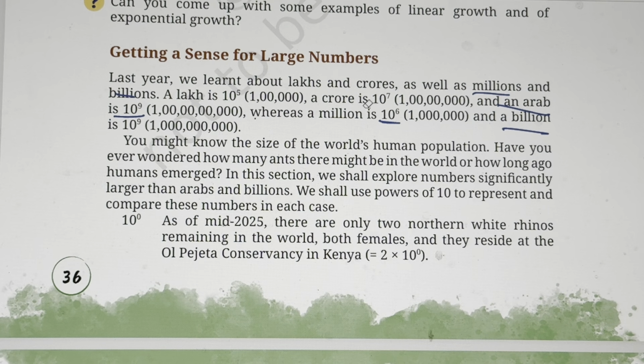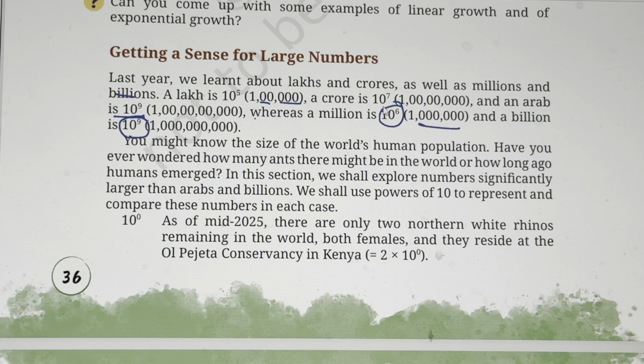But observe the commas. In the Indian system, the commas come after 3, 2, 2 digits if we start from the right side: before 3 digits, then before 2 digits, like that. And in the international system, it is 3, 3, 3. If you observe the powers here, 10 raised to 6 and then 10 raised to 9, there is a difference of 3, 3. And here the difference is 2, 2: 10 raised to 5, then 10 raised to 7, like that. This will make it easy for you to remember. If you remember the sequence, then it would be easier to remember the powers.